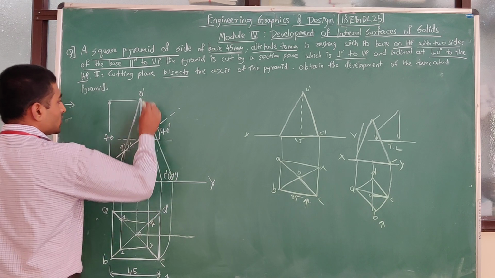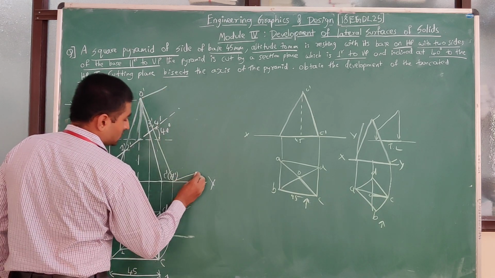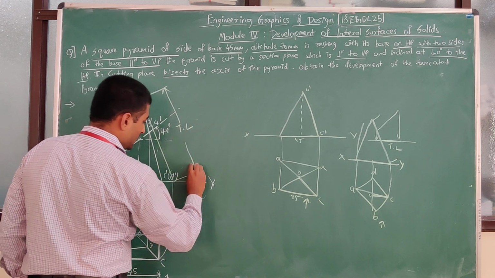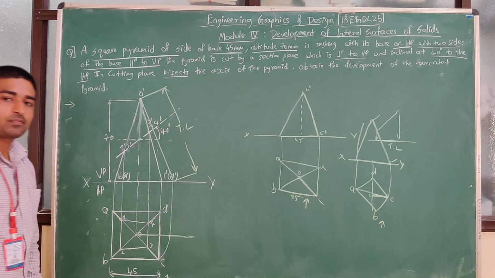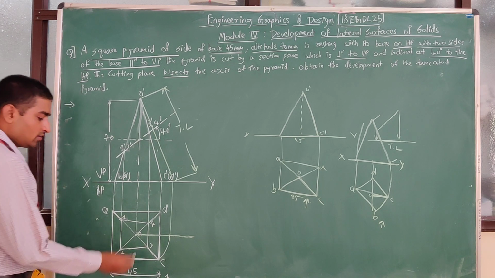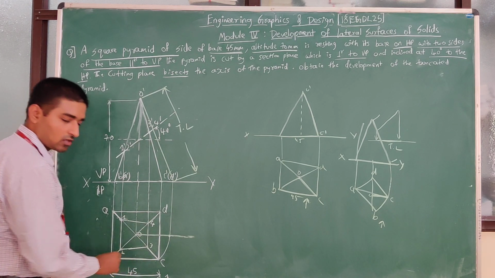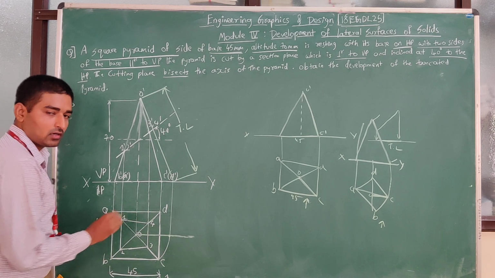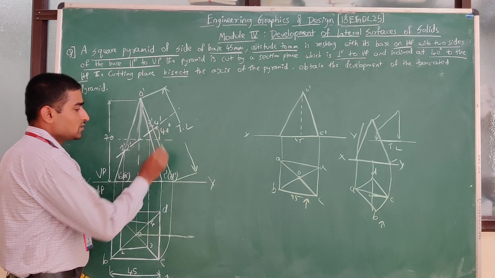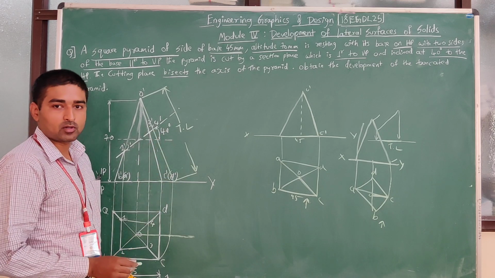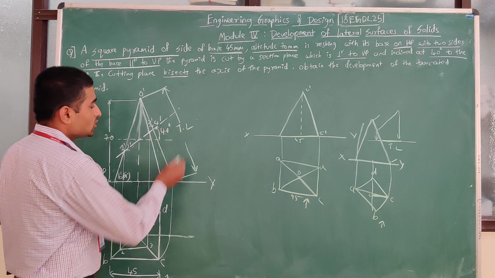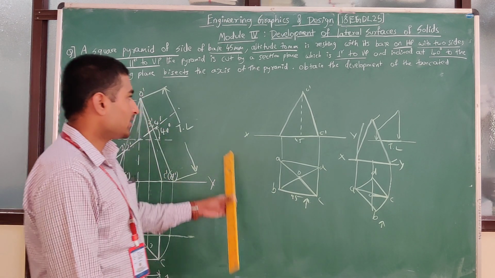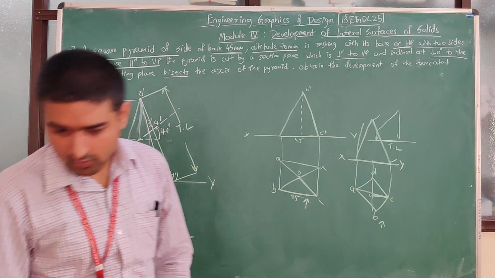So whatever this new length is, this will be nothing but my true length of the slant edges. Please remember, whenever you are going to go with this kind of problem where a pyramid is resting on the edges, only in pyramids, when it is resting on the edges, we obtain an extra step to find out the true length. Once we have found the true length, this length is going to help us to calculate the development of the truncated pyramid. So let us start with that.